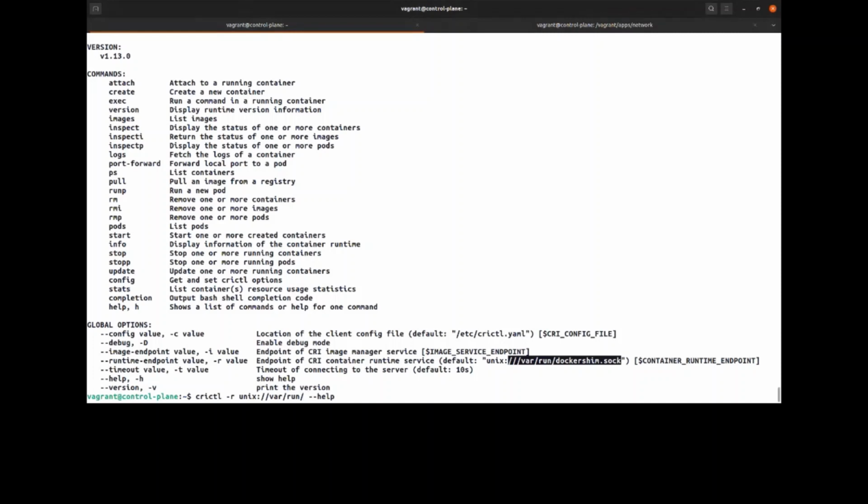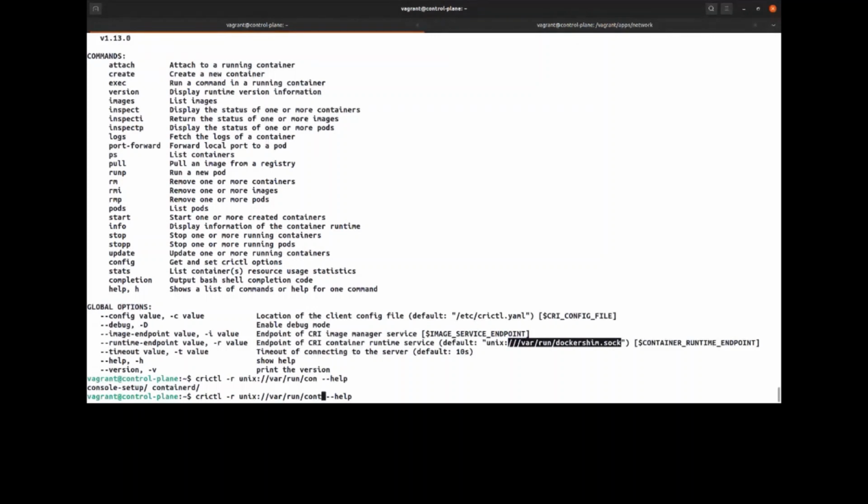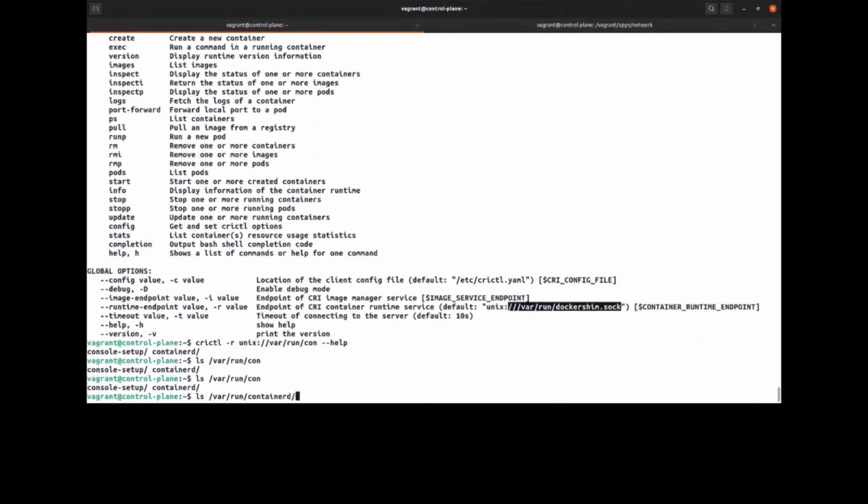Docker shim has been removed since Kubernetes 1.24. Instead of Docker, I need containerd. So containerd, and I need the socket for the containerd. Let's see. My auto-completion is not helping me. This is /var/run/containerd.